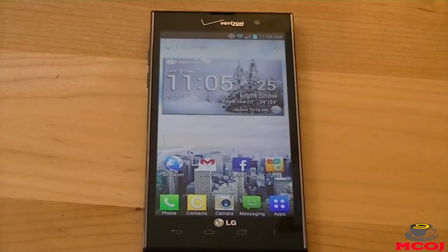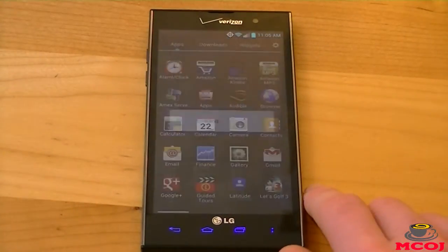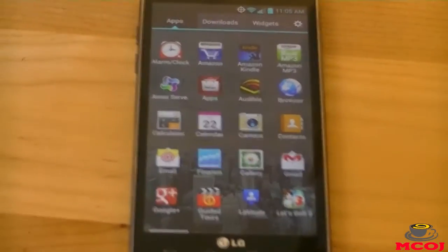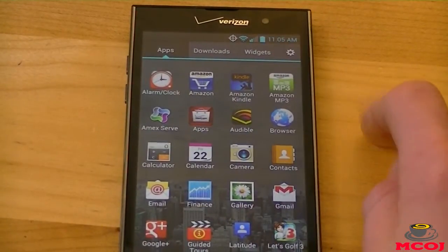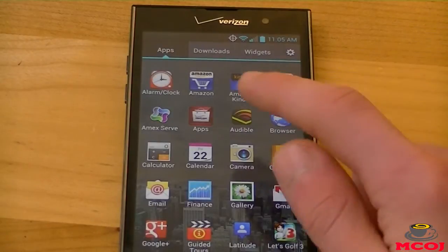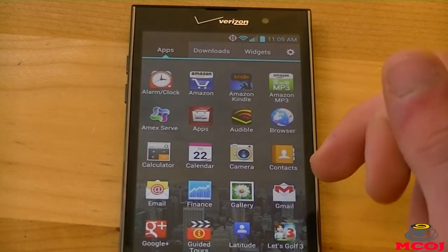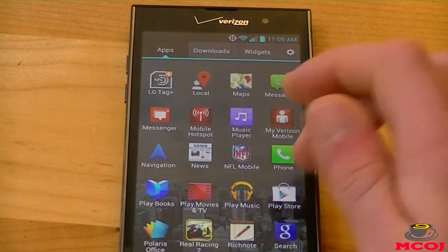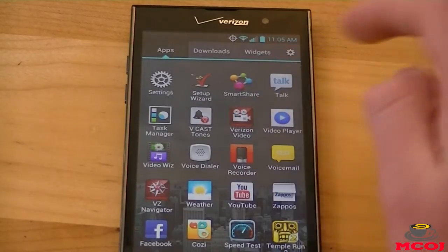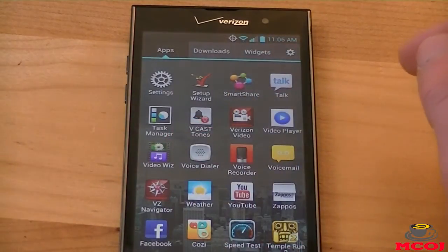One thing though that I'm not a fan of with the software on the LG Spectrum 2 is the bloatware. And oh my god, does this thing have a ton of bloatware. Got apps pre-installed on here such as Amazon, Amazon MP3, Amazon Kindle, MX Server. You got your standard Verizon apps such as Verizon Apps, Let's Golf 3, Real Racing 3, Mobile Hotspot, My Verizon Mobile, NFL Mobile, Polaris Office, you got Smart Share, you have VZ Navigator, Zappos, a ton of bloatware